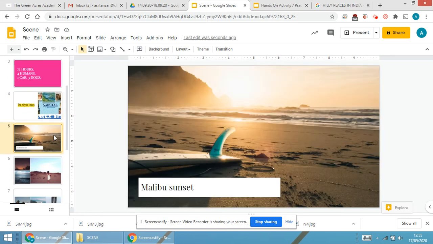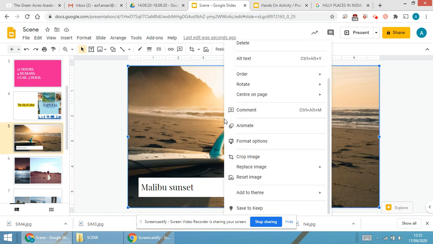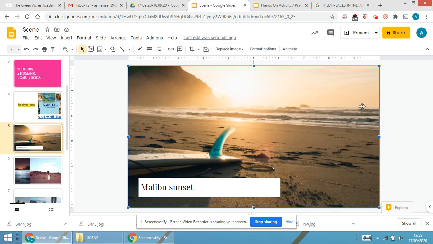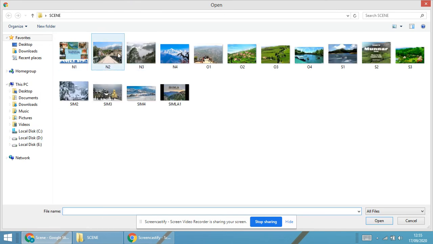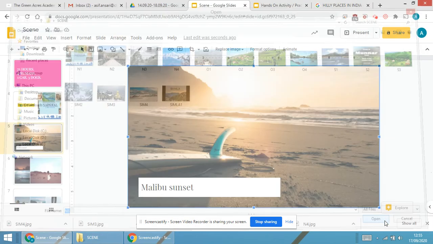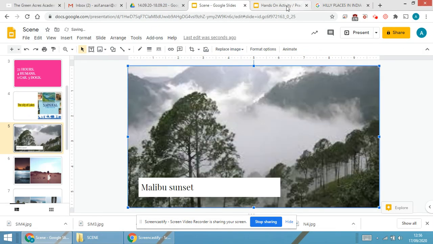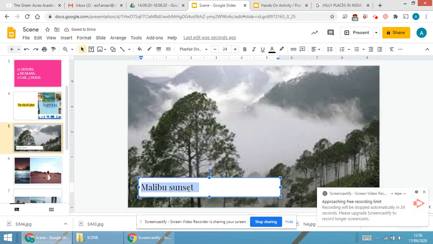Over here again, we are able to see one kind of image. Again, right click, replace image, upload from the computer, because according to me this is the most simple kind of operation we can do. I have selected Nainital. Now I'll select any image from the Nainital and I'll open it. Done. If you want to write something, you can write it over here. I'm just going to write amazing scenery. So in this manner, you are able to create the entire photo album.